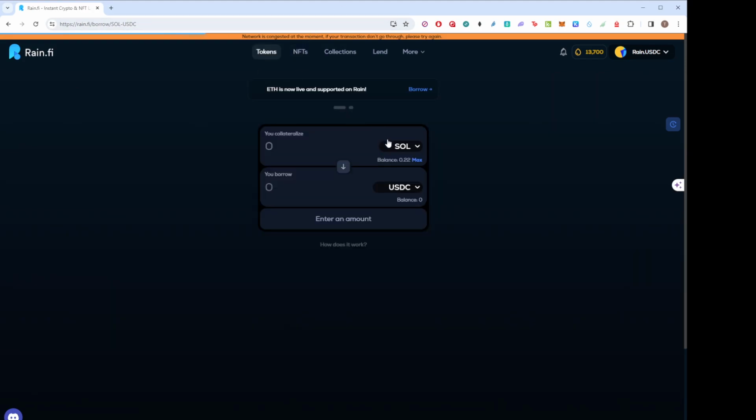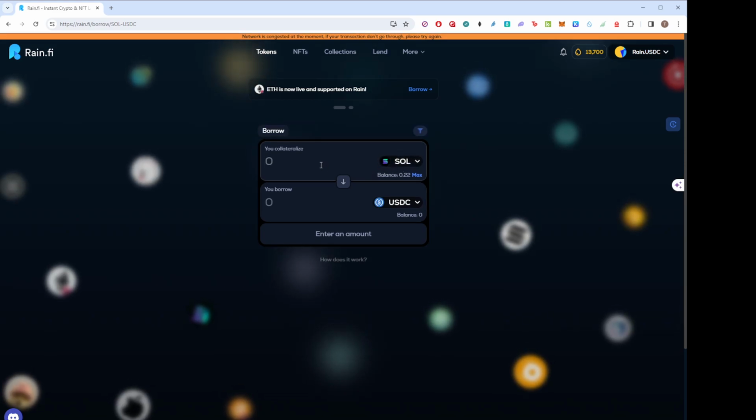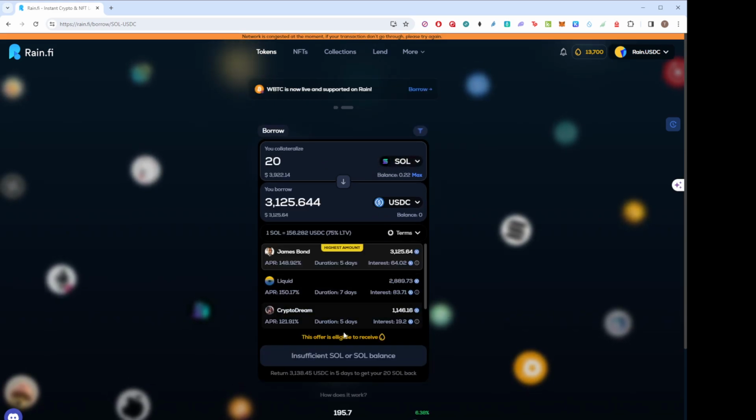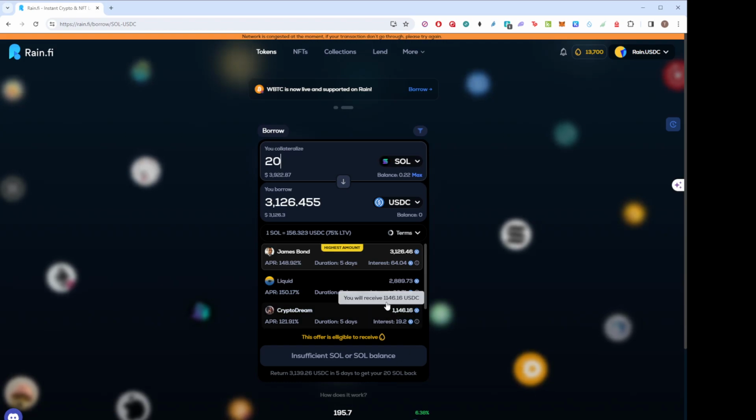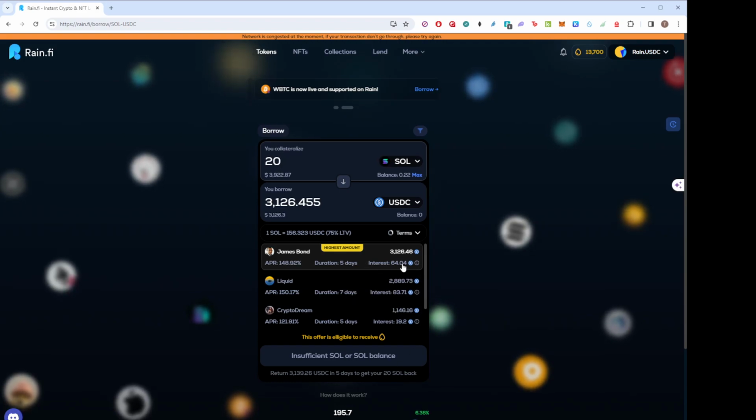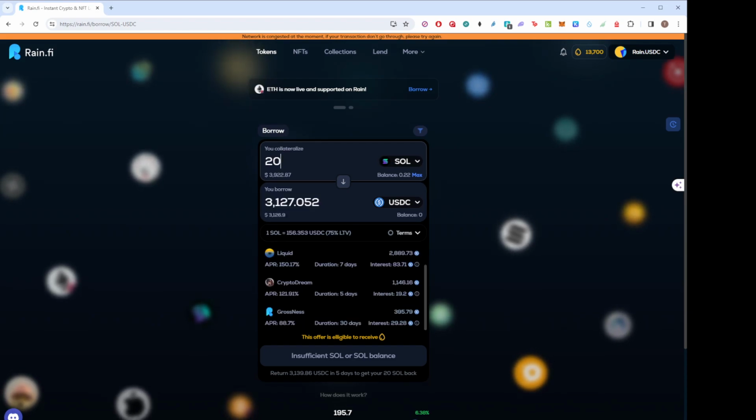Myself personally, I'm focusing more on the tokens where you can borrow and lend out at fairly high APRs over a short duration. If you think maybe the price is going up or down quickly, or perhaps you just need USDC to make a quick trade that you think is going to be much higher than the interest that you would be paying on the loan. So that's all for now.